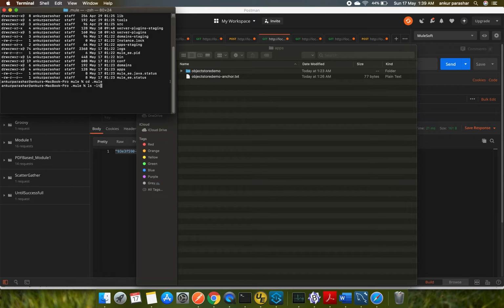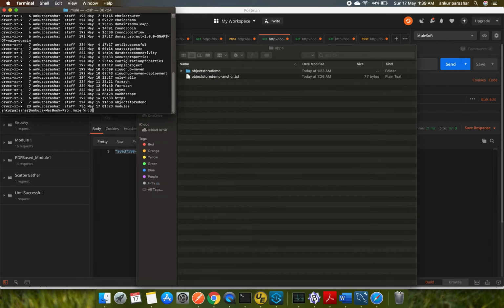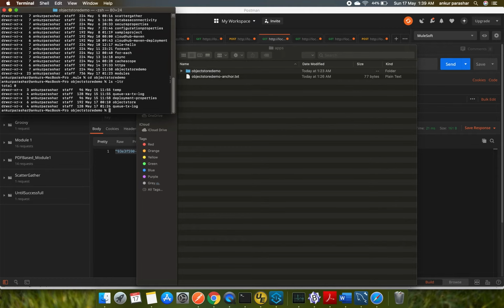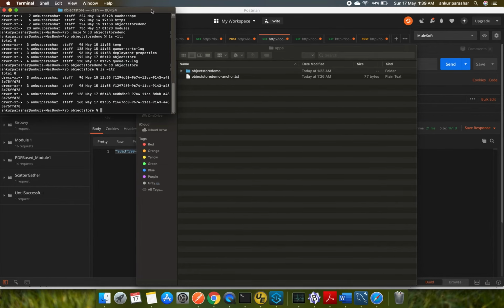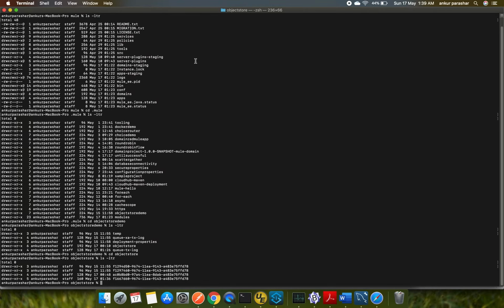I will do ls -ltr. I will go to the second last one, that is the object store demo. I will do ls -ltr once again. I will go inside the object store and do ls -ltr. I will try to locate it now.